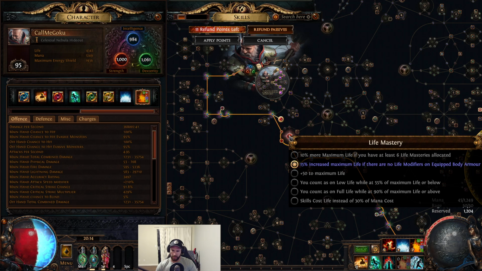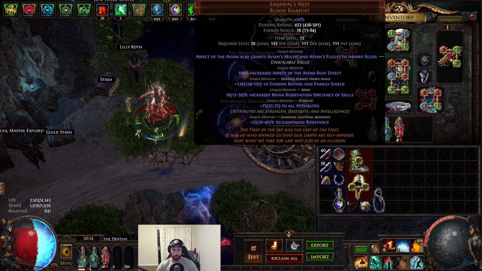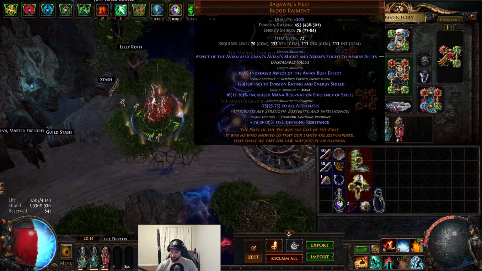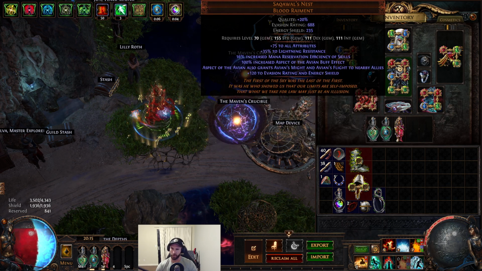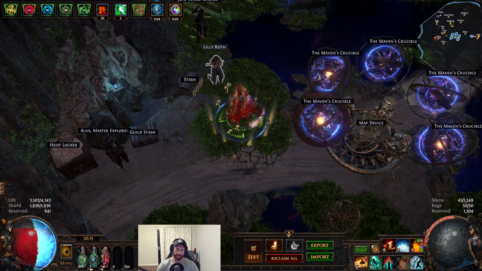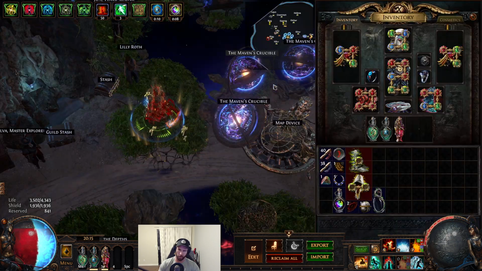This mastery here you take for no life modifiers on equipped body armor, because as far as I'm concerned, there's nothing that says life on here, which is nice. I didn't even check. It's like I just copy and pasted his build, but man, it's so much fun. I love it. The only other thing that I have to do in this build is to get, I didn't cover the,